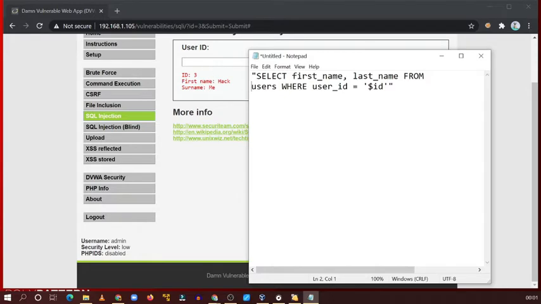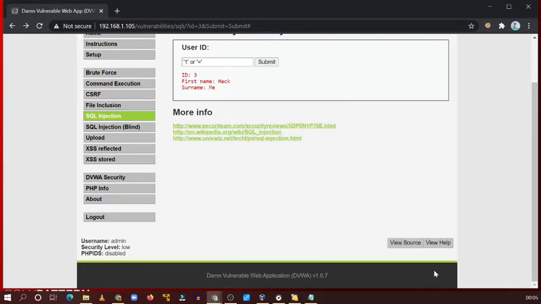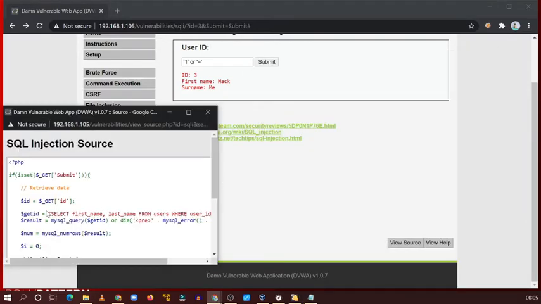So here we provided 3, so where user id equal to 3, right? You can see, so that's why it's working. If we provide 2, then it will show the first name and surname where user id equal to 2, right?